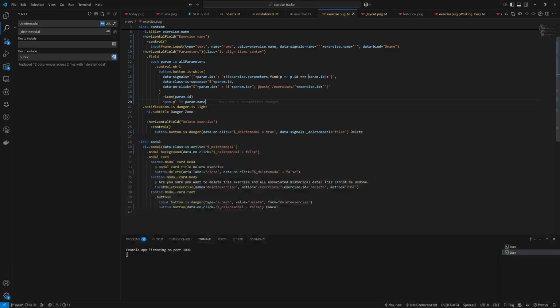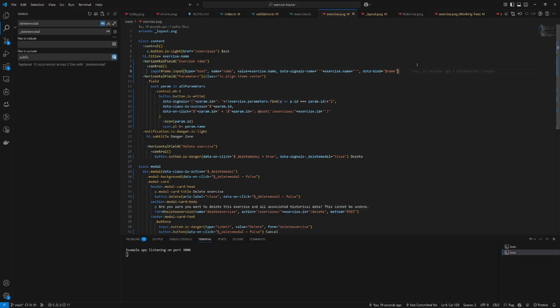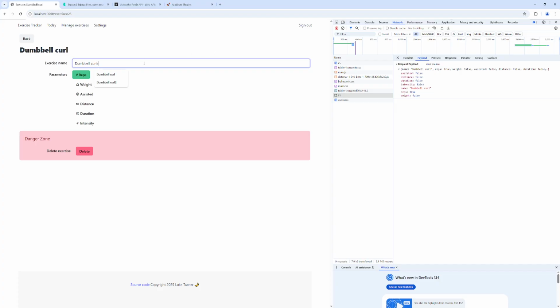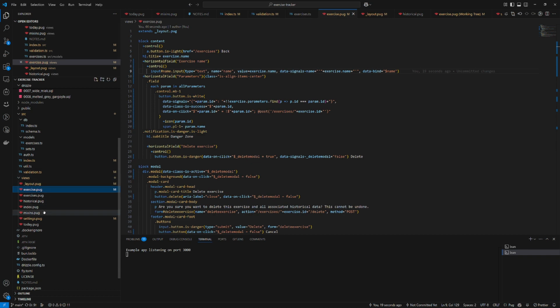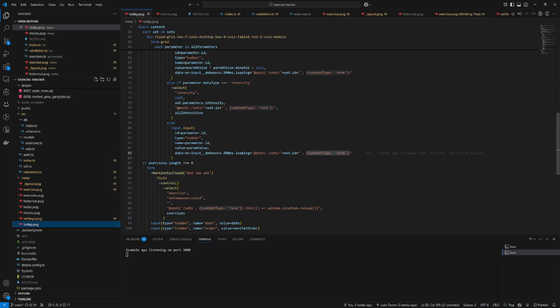And so now we need to actually have something where when this name is changed, we update the backend. And here you could use an on change event where if the user changes the value and then blurs the field, like clicks away from the field, then it's sent. Or you can use an on input event where every time the user types in the field, something is sent. And I actually like to use that on input approach here, but with a debounce. So I'm going to use the same thing that I have for some of these other things